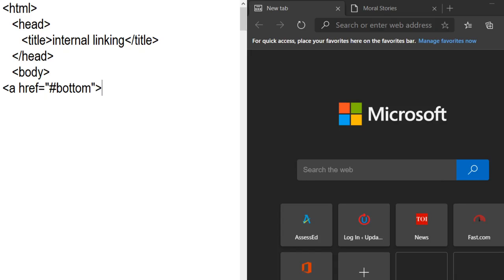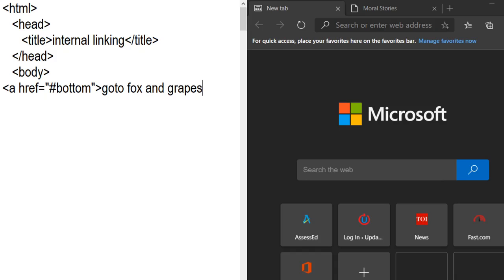For example, I want to write here "go to Fox and Grapes." Fox and Grapes is a story we have already created in the web page.